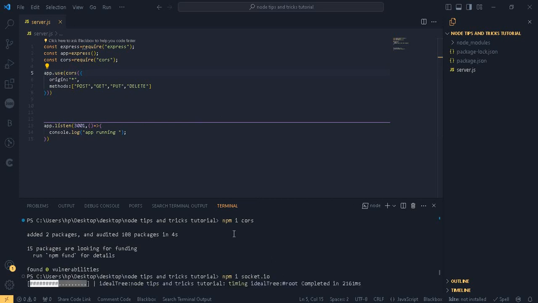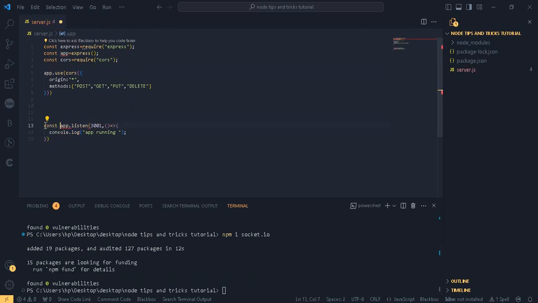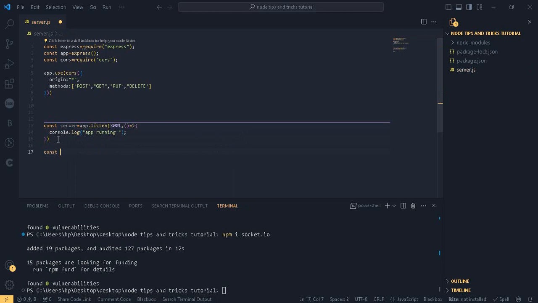When we need to use socket.io with our HTTP server, we need to make socket.io implement the HTTP server. That means I have an HTTP server, the Express app, and this server is listening on 3001. We just need to make const server equal to app.listen, and after that we can make const io require the socket.io dependency that we have installed,